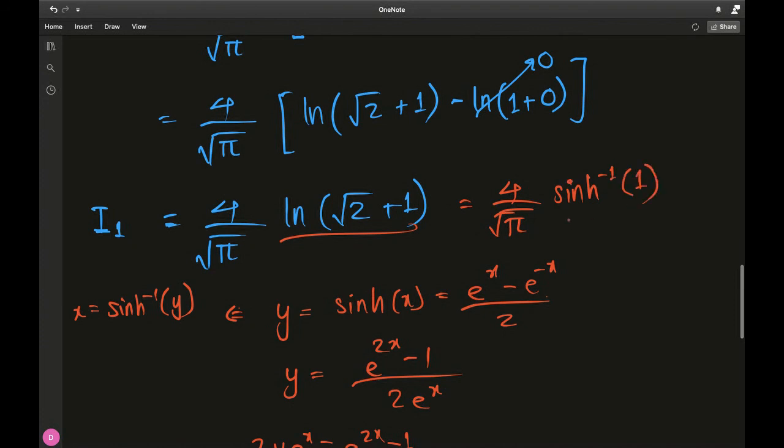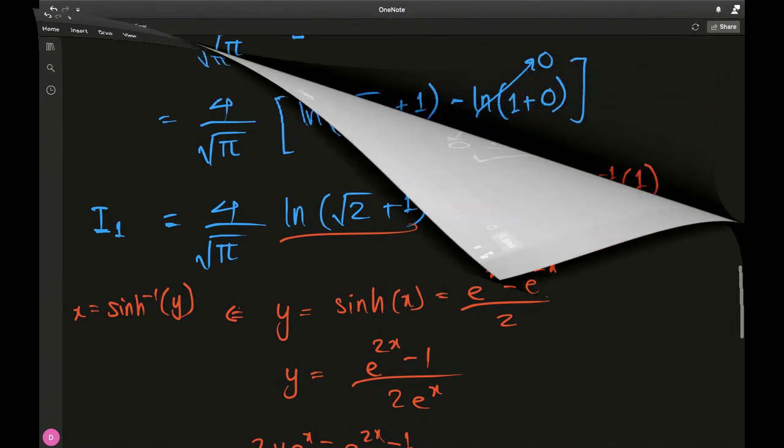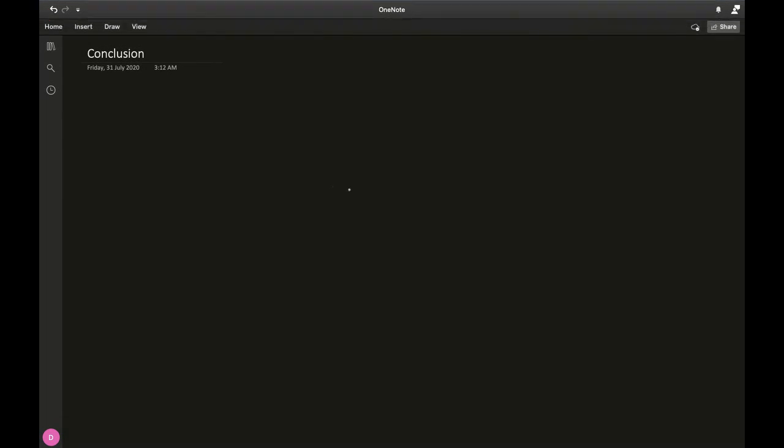How cool is that? So to finally conclude, we have the original I equal to I1, which just turned out to be 4 over square root of pi times sinh inverse of 1,